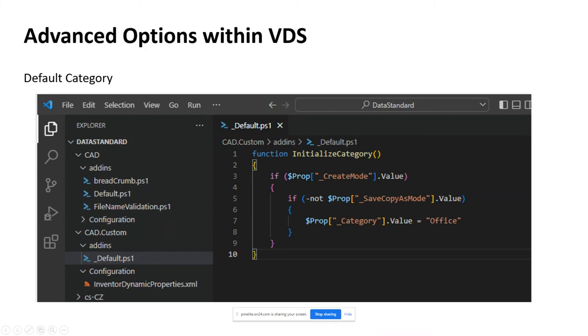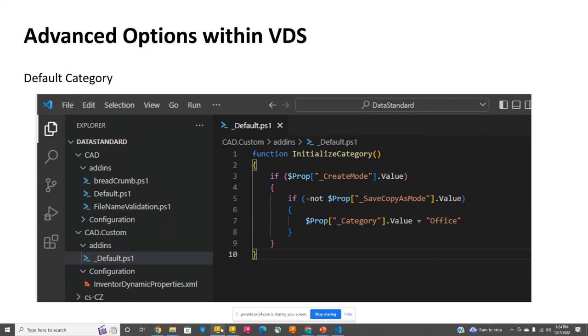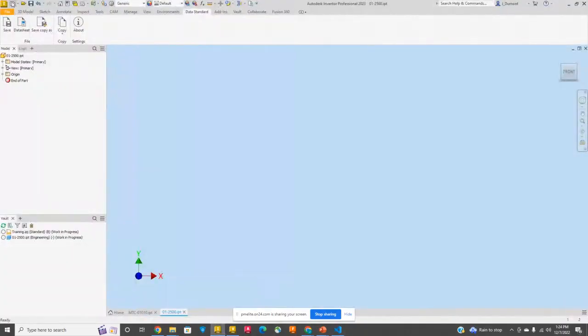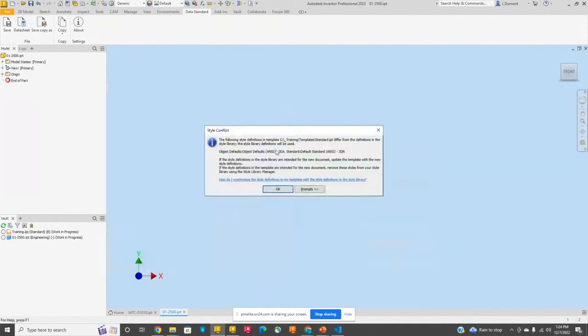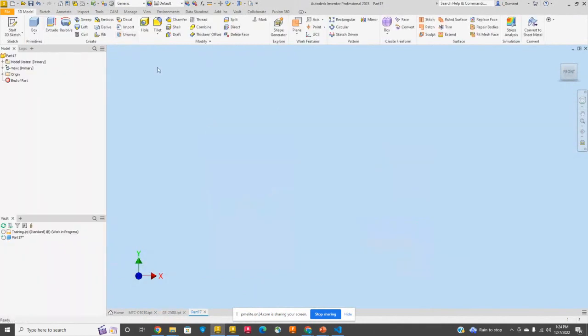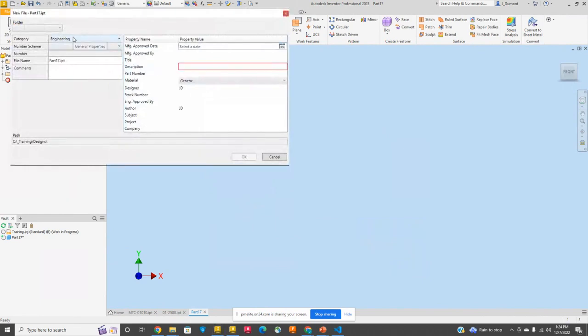let's switch back over to Inventor. If I create a brand new file, as soon as I hit save, it's going to be set to engineering. Because I haven't set anything, it takes the first category in the list. If you wanted to set a default, you can actually do that. It's just a matter of changing some of the data. That's going to be,